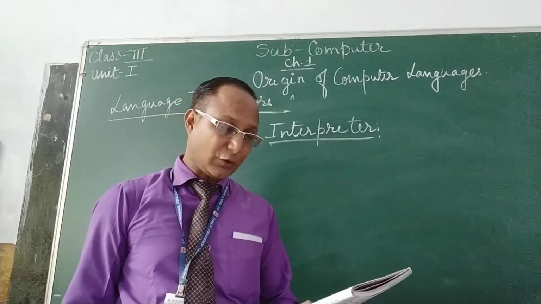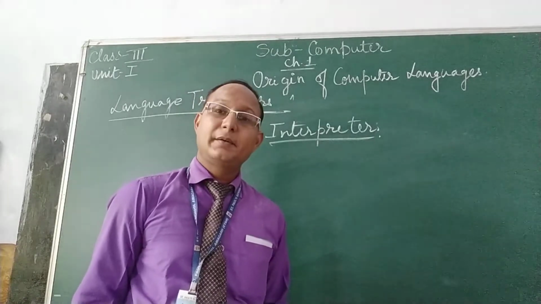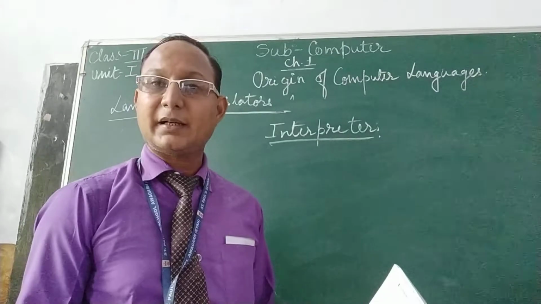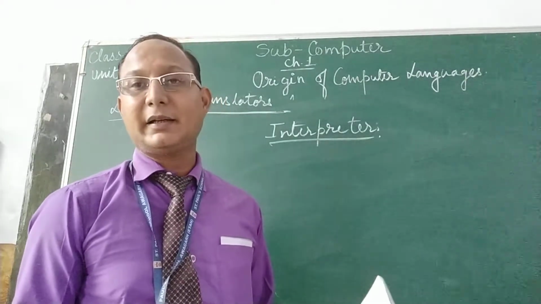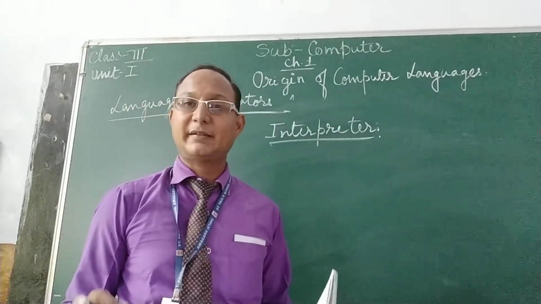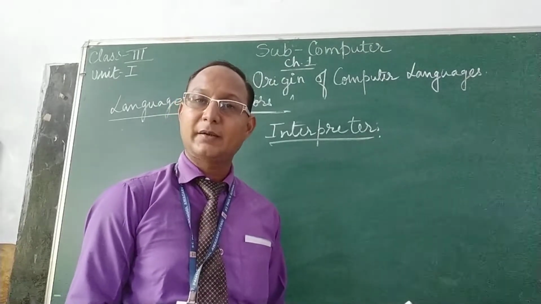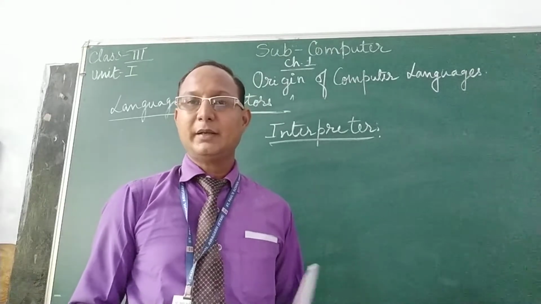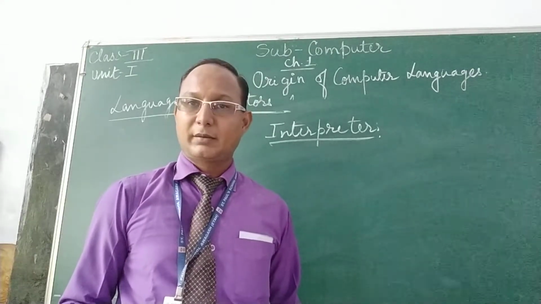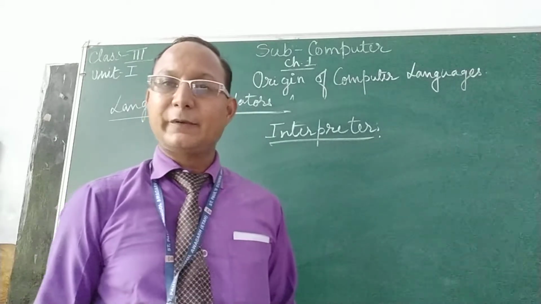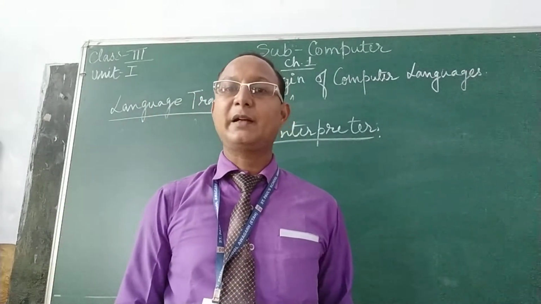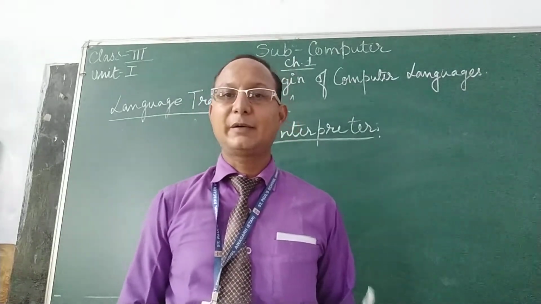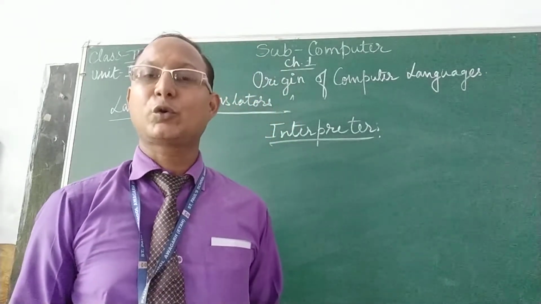It reads the instruction of one line and checks for errors. In an interpreter, it checks the line, translates the line and reads the instruction. If there is any error, it shows the error. If there is no error, it will go to the next line and again check for errors. Till the program is finished, it checks each and every line for errors. And if there is no error at the last, it will execute the program and show the result.